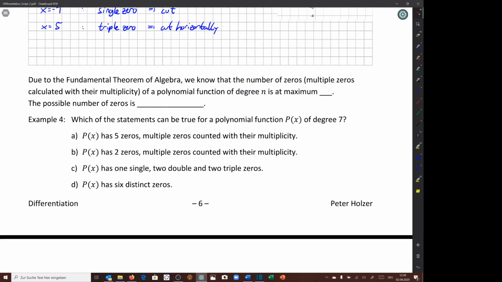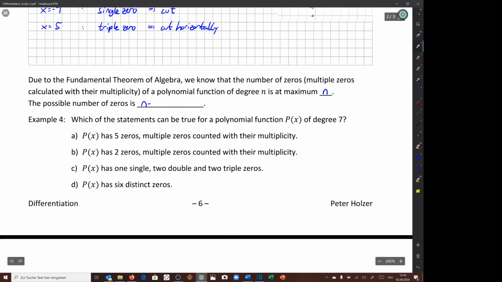Due to the fundamental theorem of algebra, we know how many zeros a polynomial of degree n can have at maximum. Since we can factorize it at maximum into n linear factors, this means it can have at the maximum n zeros, whereby we count multiple zeros with their multiplicity. Now, how much is the number of possible zeros at all? Well, it is n minus